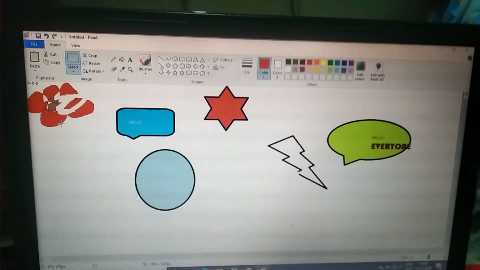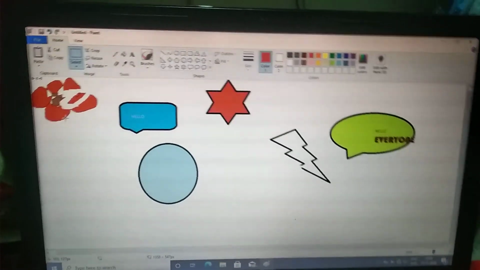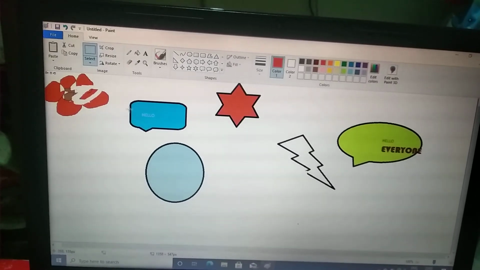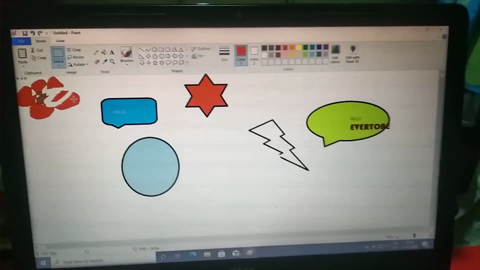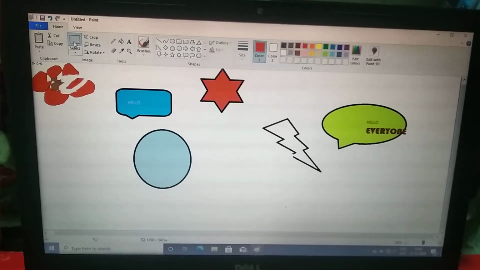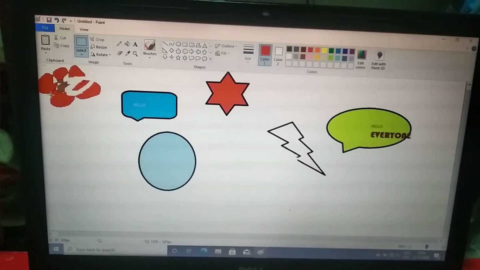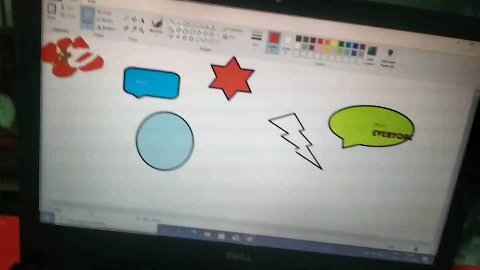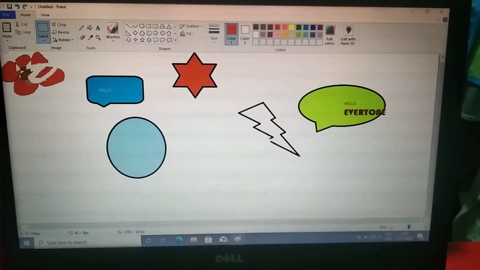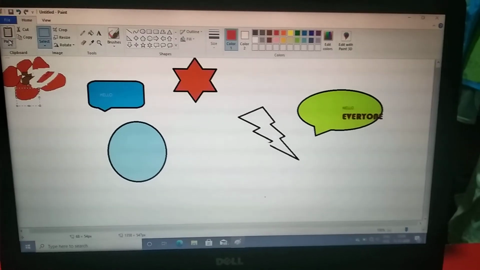Now using this tool, like I have made this petal, you can make more petals also by copying and pasting. Again, I am selecting this select tool, then pressing the left mouse button, I will just select this petal and then copy it.